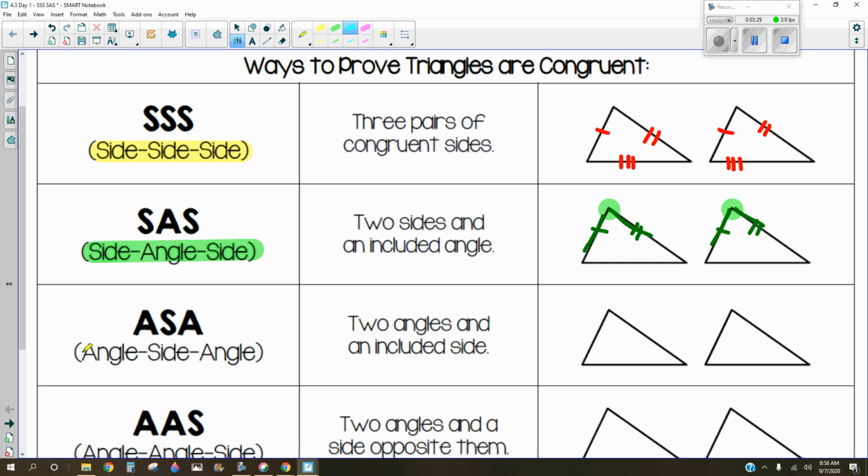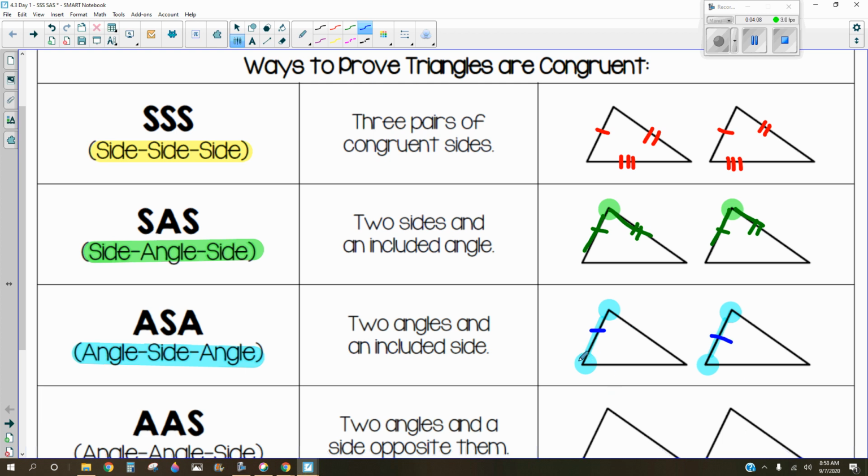Another one we're going to look at is angle, side, angle. This time we're talking about 2 angles which are connected with a single side. So it's different than the one above. So if we're looking at this, we're talking about 2 angles. So let's just pick 2. Right? 2 angles that are connected to each other with one side. So if I were to talk about this side, so this would be an angle, side, angle